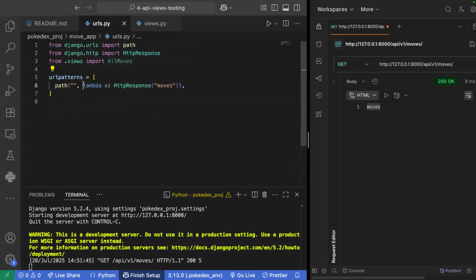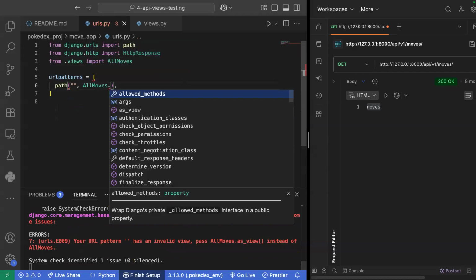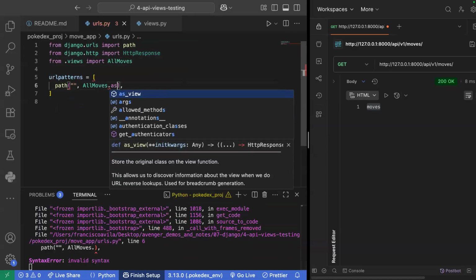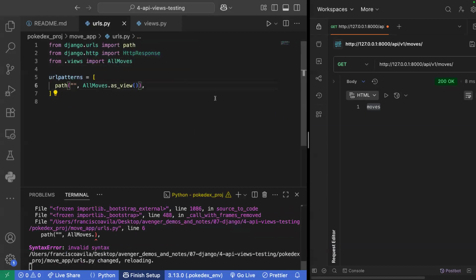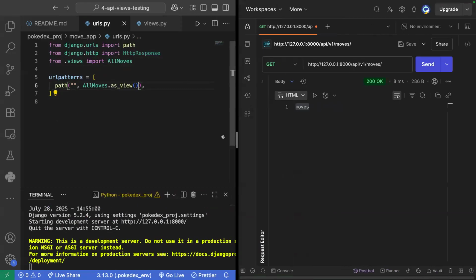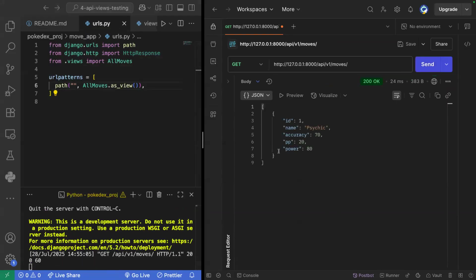All right. Awesome. So now we just go ahead and include it. We add all moves, and then very important for everybody to remember, we need the as_view method. All right. Well, let's see what happens now. When I send my request now I get my serialized response of the move Psychic that currently exists within my database. So now, if I were to publish my API,